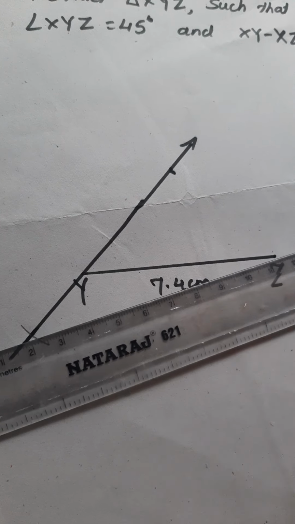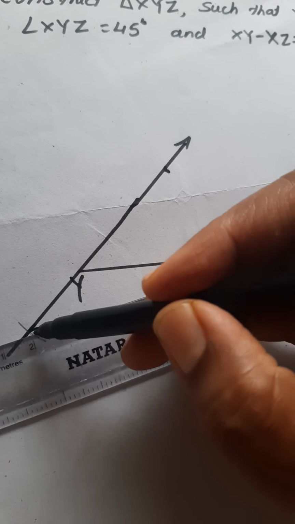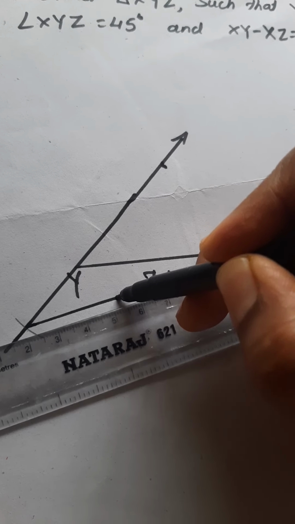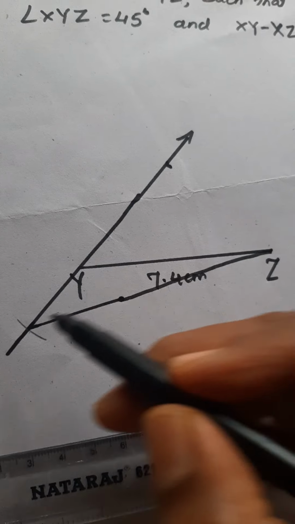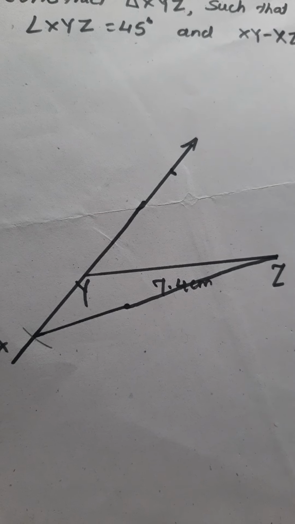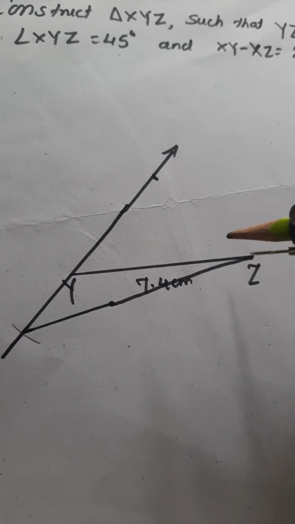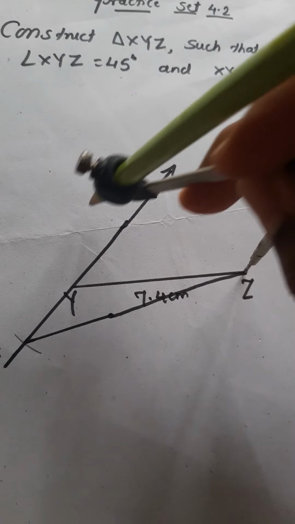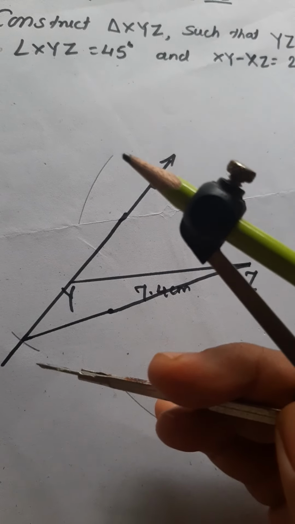Now we have to join this. I will give the name to this point, maybe A. That line will become very small. Now what we have to do here, we have to draw a perpendicular bisector to this AZ, taking more than half, above and the same downward, and from A